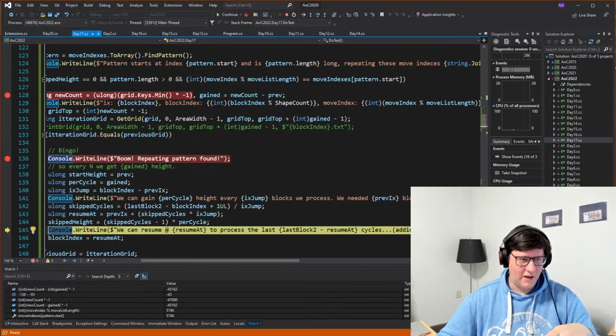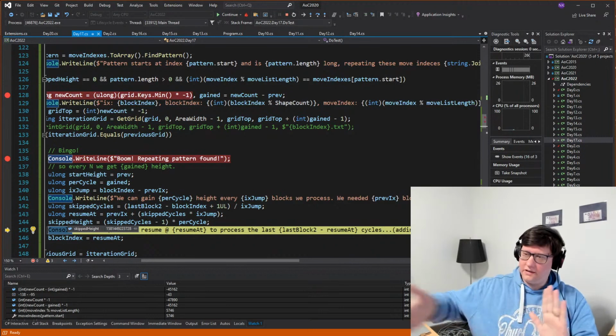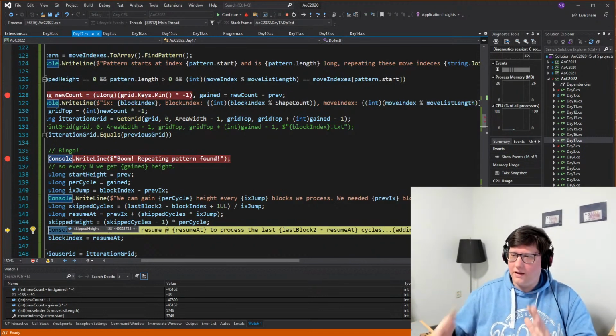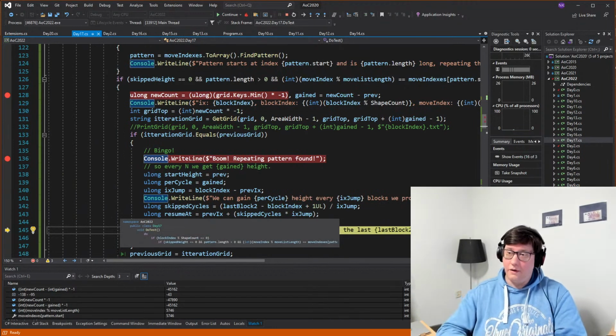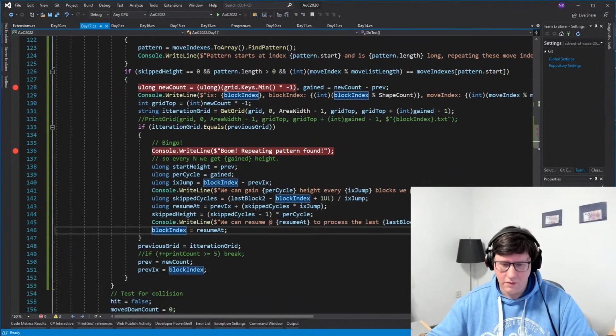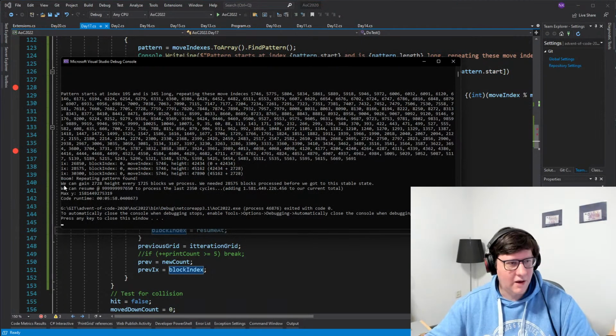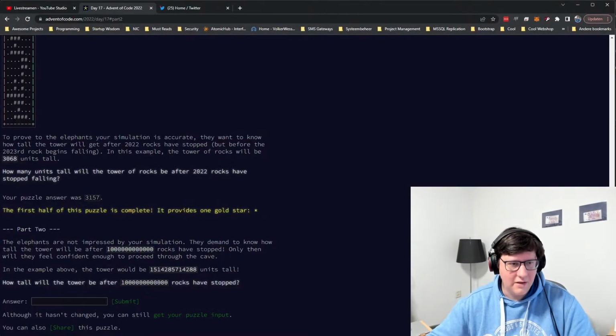So we take the amount of cycles, the amount of stuff that we need to skip. That means that this is the value that we add to everything that we've done, and then we process just the final tail of stuff that we can't completely skip, because it's not fitting entirely inside that repeating pattern. So yeah, if I just let it run now, it will say, okay, we can resume at this block height to process the last 2350 cycles. So it says this is the answer, and now after a lot of time, let me see if this is